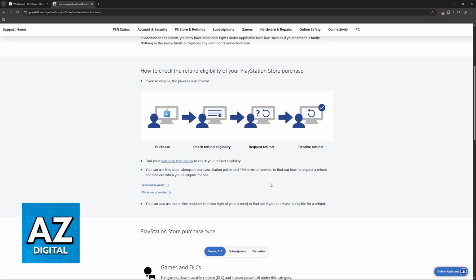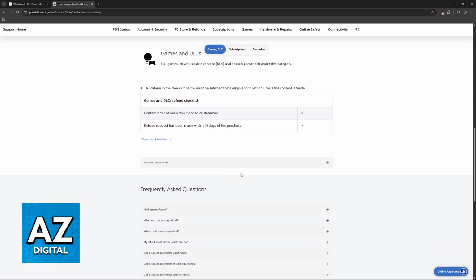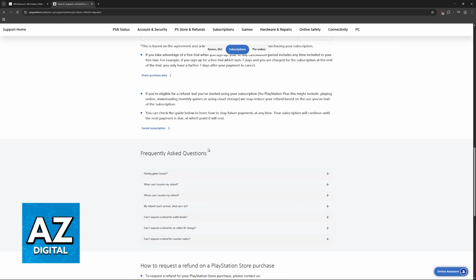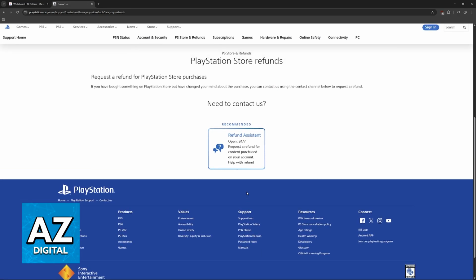They will once again talk about the eligibility. If you know that you are eligible, you can scroll all the way down here, confirm once more, and contact the PlayStation support. If the PlayStation support is unable to help you because it is going to be an EA Play subscription, then you will have to talk to them instead. But usually anything that you purchase and manage through the PlayStation Store should be refundable on this page.